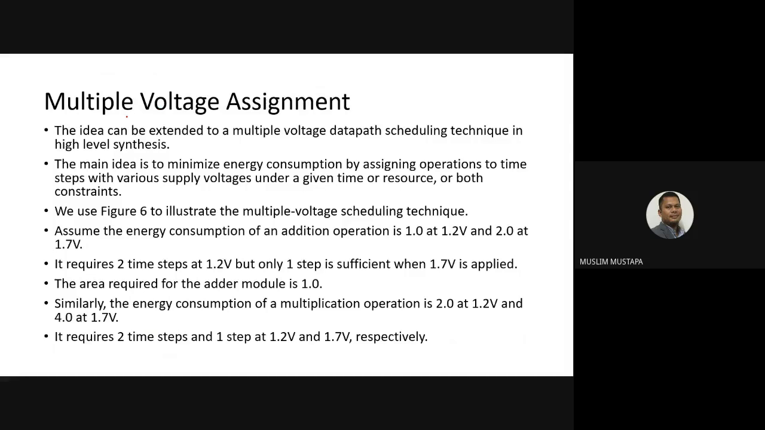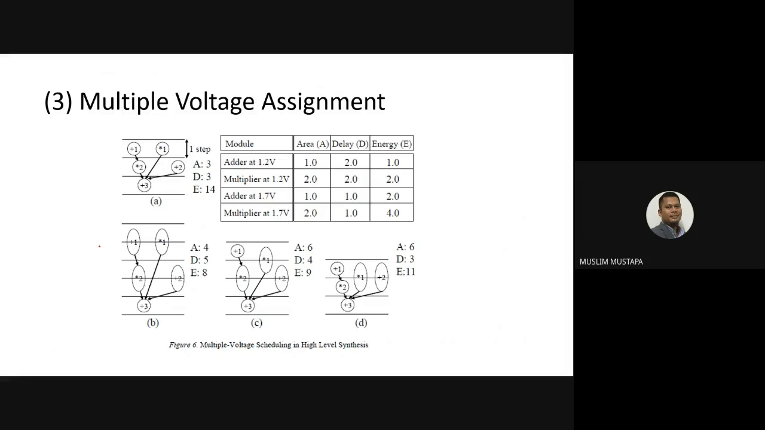Alright, so another thing about multiple voltage design. The idea can be extended to multiple voltage data path scheduling technique in high level synthesis. So this is another method, right? Okay, let's look into an example. So this is the standard one, right? If you execute it,